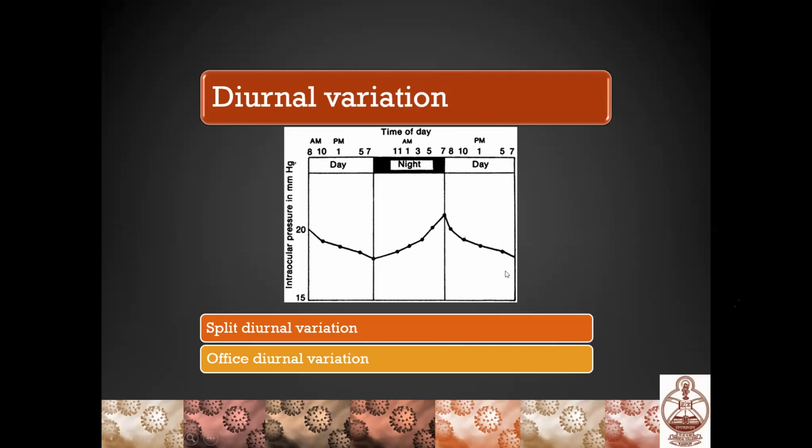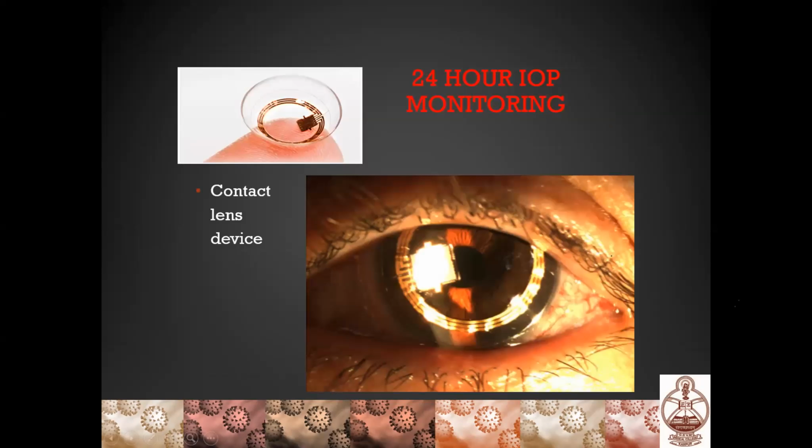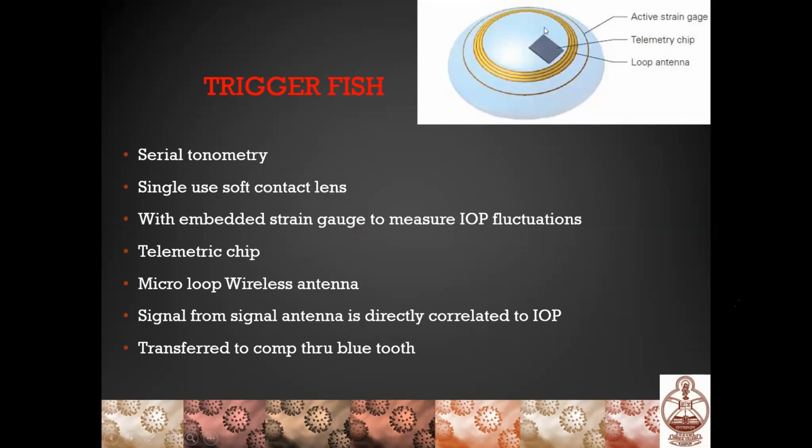Another option available for 24-hour IOP monitoring is a contact lens known as the Triggerfish silicone contact lens device. Here you can see this is a telemetry chip and this is the loop antenna. It actually doesn't measure the intraocular pressure but records the fluctuation in intraocular pressure in the form of a graph. It is placed on the patient's eye for 24 hours. After 24 hours, it is connected to a Bluetooth device, and then the tracings